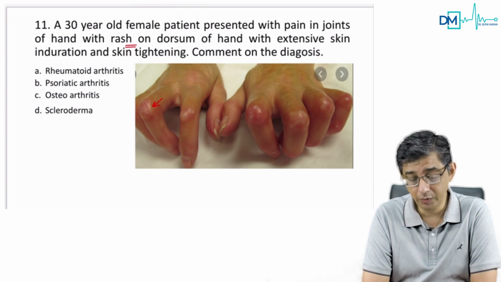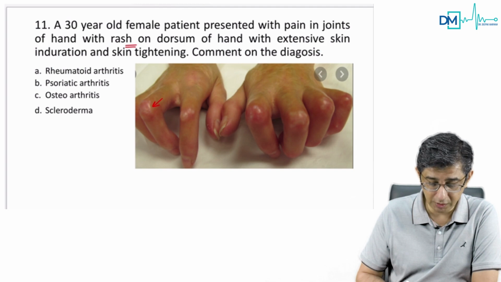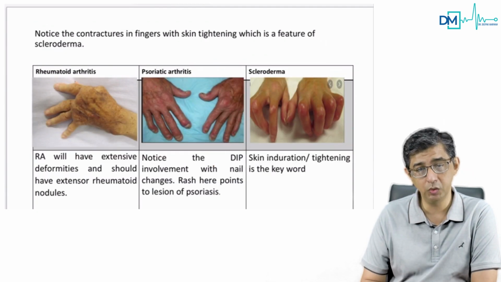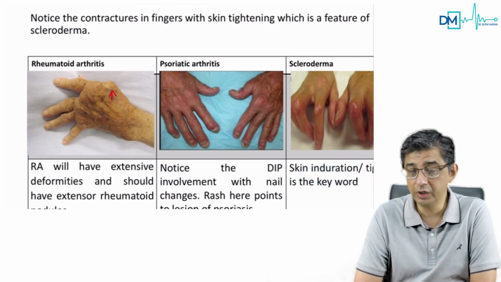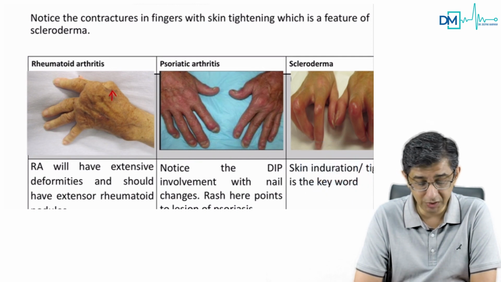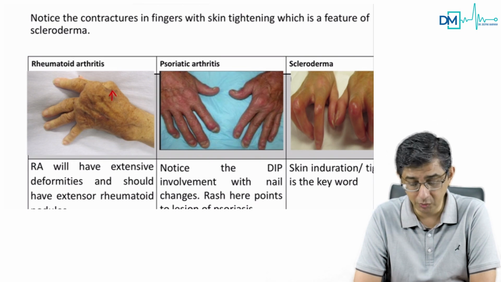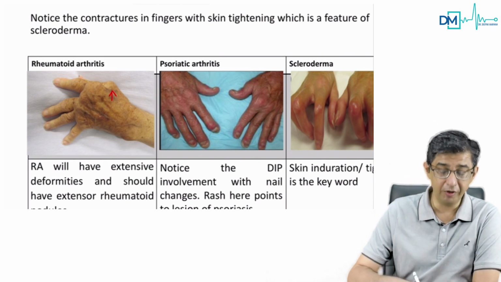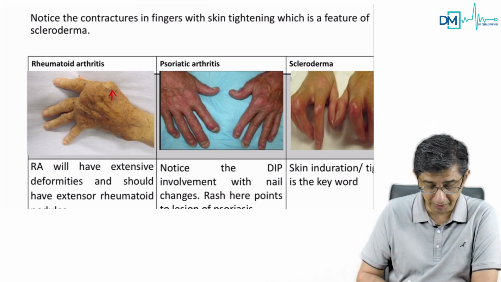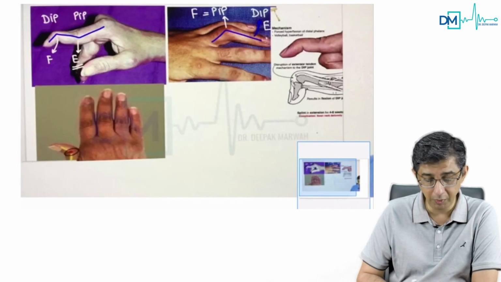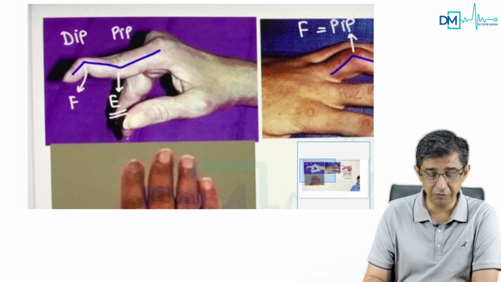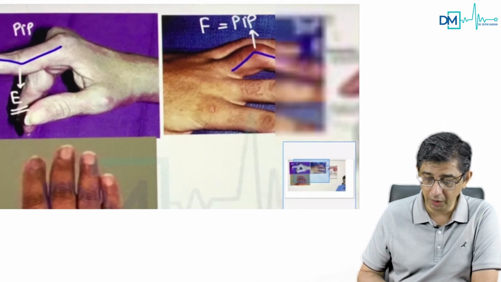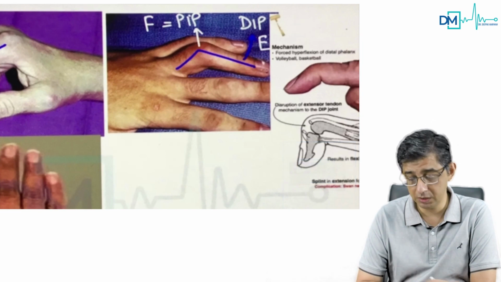Now rheumatoid arthritis per se, guys, in rheumatoid arthritis, whenever he will give you an image-based MCQ, you would be definitely able to see rheumatoid nodules. Were there rheumatoid nodules in the exam? Most people said no, sir, there were no rheumatoid nodules. And you can see, this is a particular deformity in the hand. I'll just show you another image so that you can be more comfortable. If you go through the app section, I have discussed swan neck deformity. You compare the swan neck deformity with Boutonniere deformity versus mallet finger.